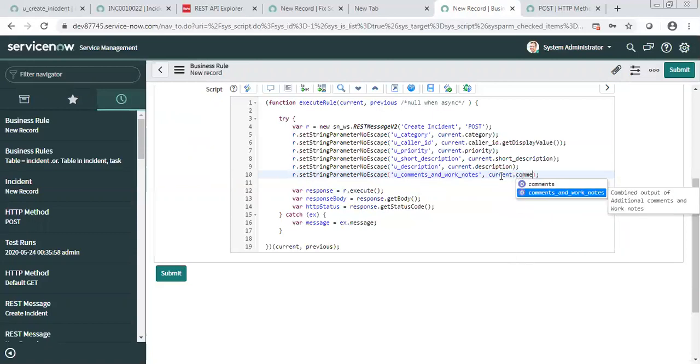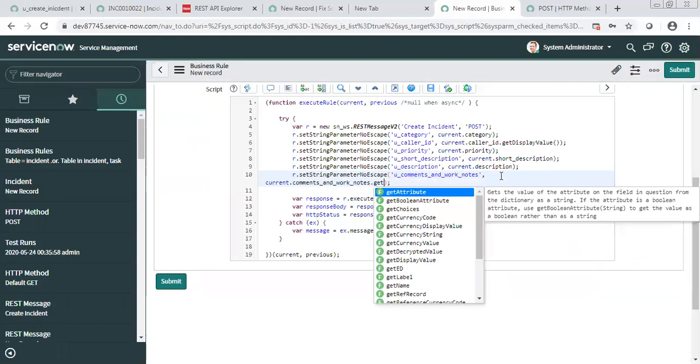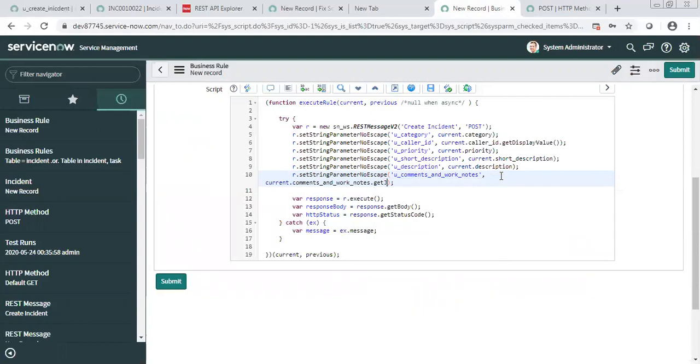See, comments and work notes is something like a journal entry, so we get it through the get journal field. But why have we not added anything like .getDisplayValue in the priority or short description, like we added here?